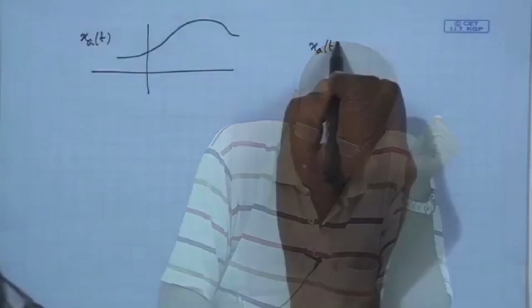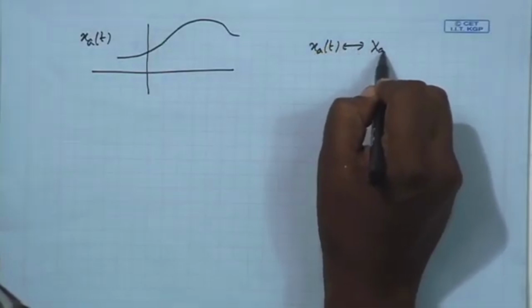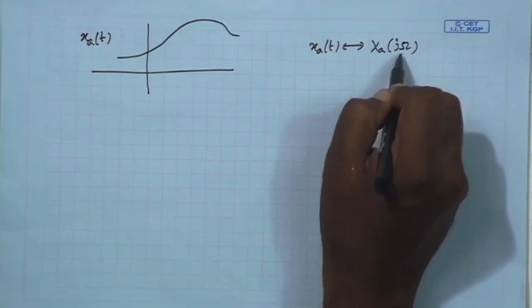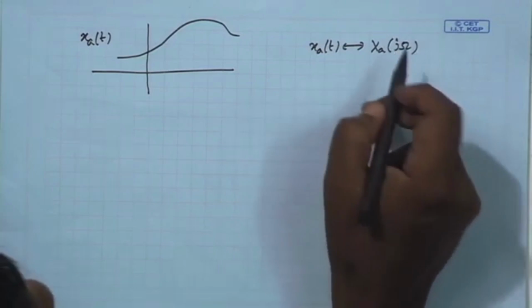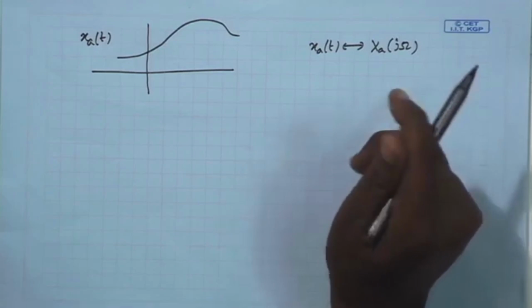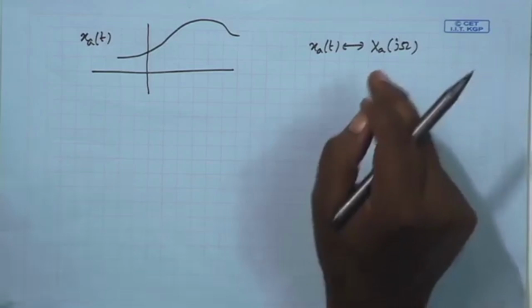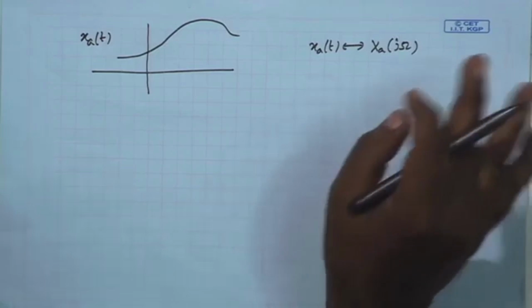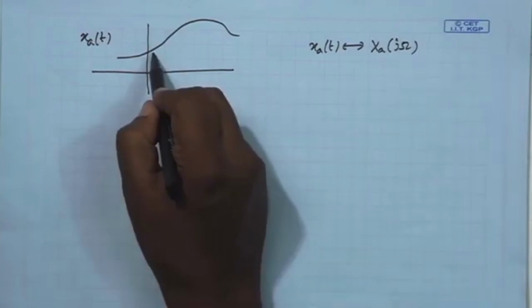Okay. Suppose you have got an analog function x a t. x a t has got an analog Fourier transform, capital X a j capital omega. Capital omega is the real life frequency, radian per second. That is 2 pi into hertz. So, this is related to hertz, megahertz and all those things. So, real life frequency. And suppose I sample it